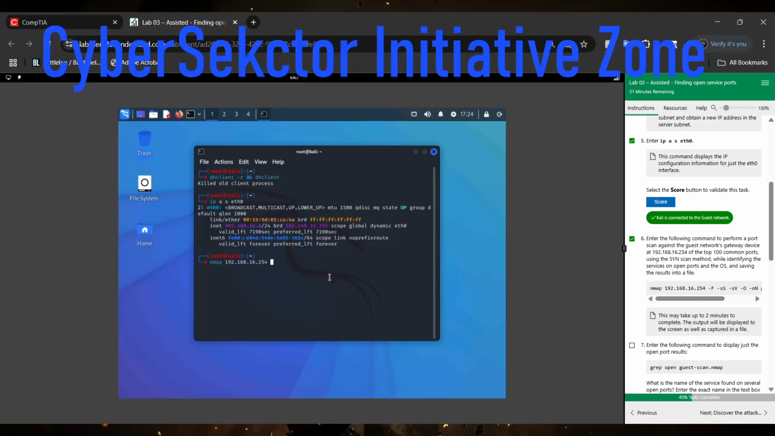192.168.16.254 space dash f space dash lowercase s, and then capitalize your S using the shift button to hold it down, and then you space it, and then you do dash lowercase s, and then capital V, and then dash capital O. So do that, and then after that you do minus O, capital N, and then